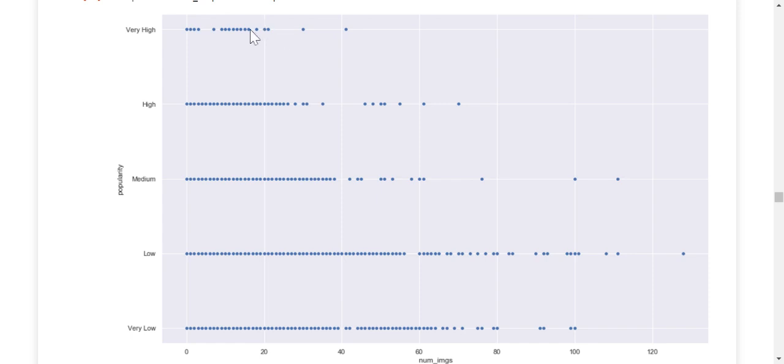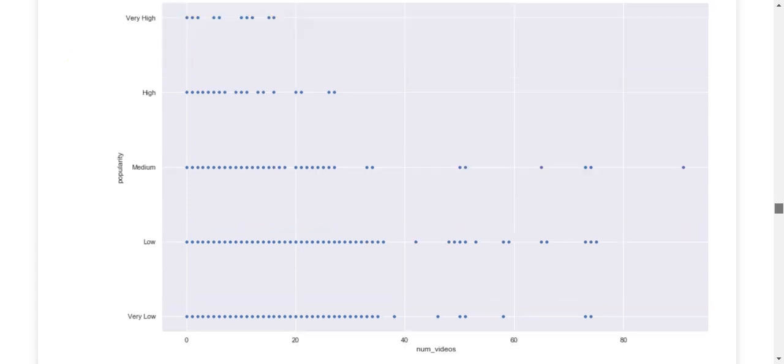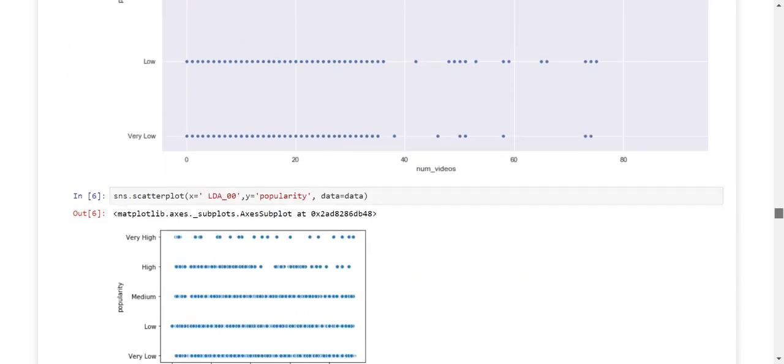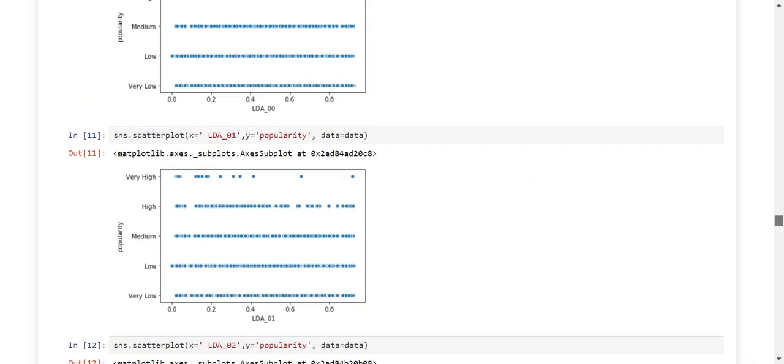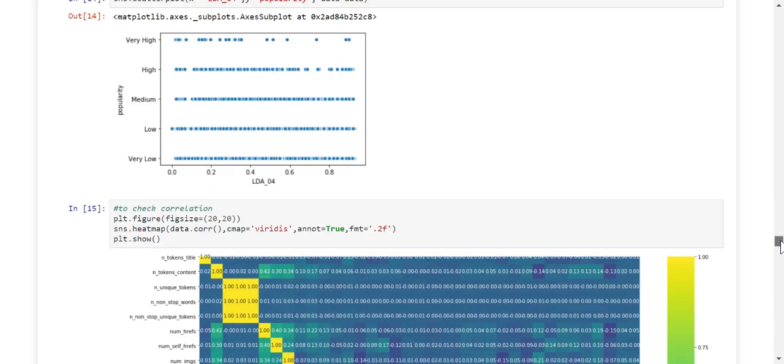So you need to have fewer images, and that falls in a very good category of popularity index. Same is the case with videos. Videos are good, but again we need content, right? I've done it for specific topics. You can do it for all the parameters and check them against your popularity index to see how they're affecting it.